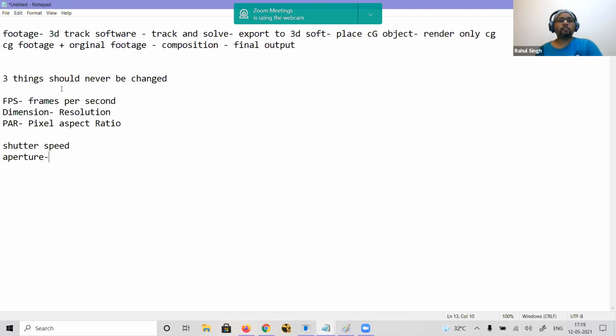Everyone knows what is shutter speed and aperture? Guys, is anyone here who doesn't know shutter speed and aperture? There's no problem. If you don't know, please let me know. I'll explain what is shutter speed and aperture.